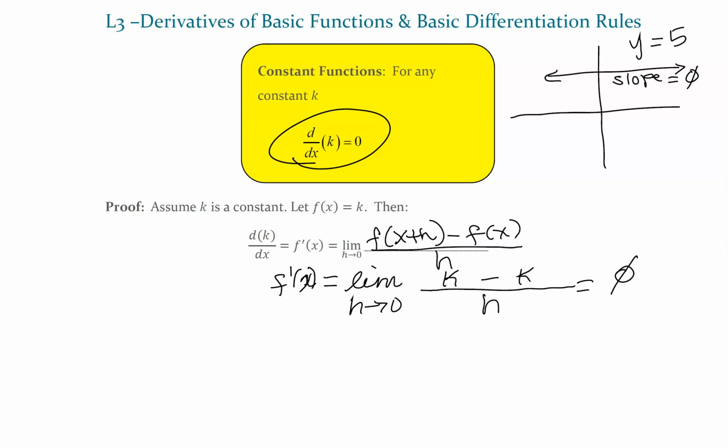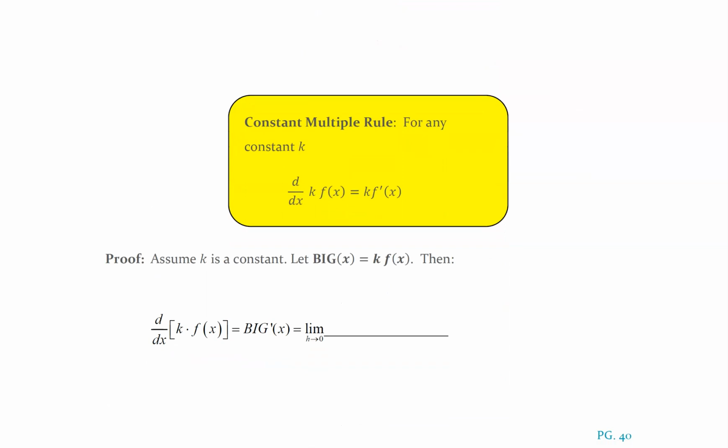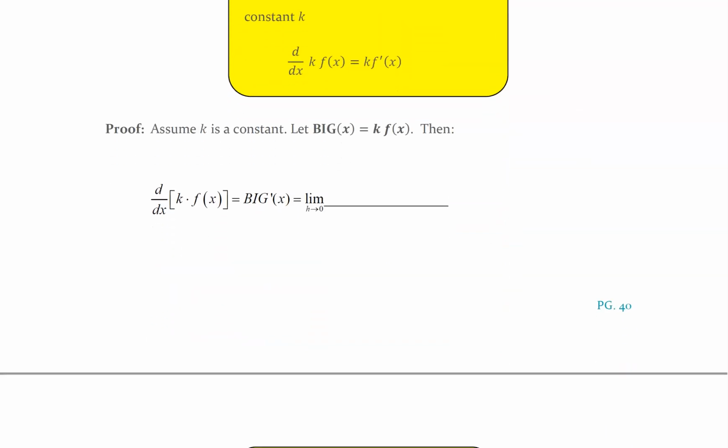Okay, now what about the derivative of a constant multiplied by a function? Here you have a constant multiplied by a function. In this proof, let's assume that you have a big function, B of x, which is k multiplied by some f of x. Then by definition,